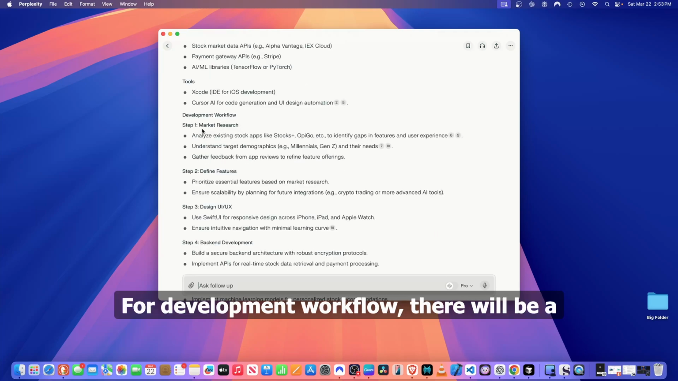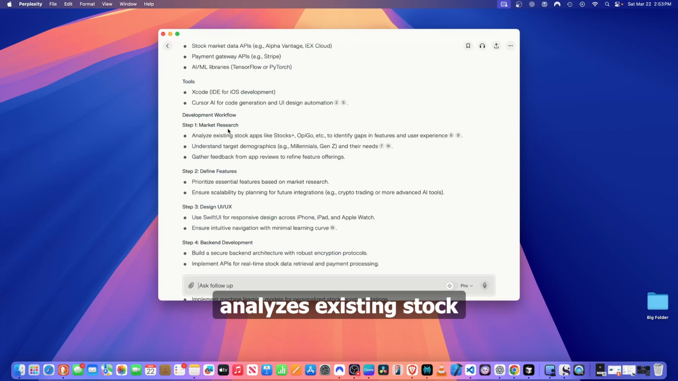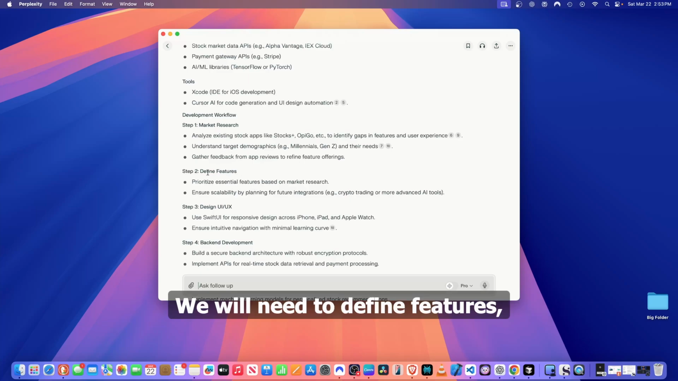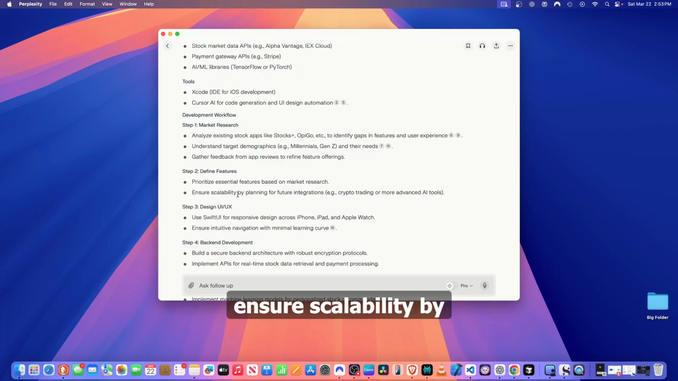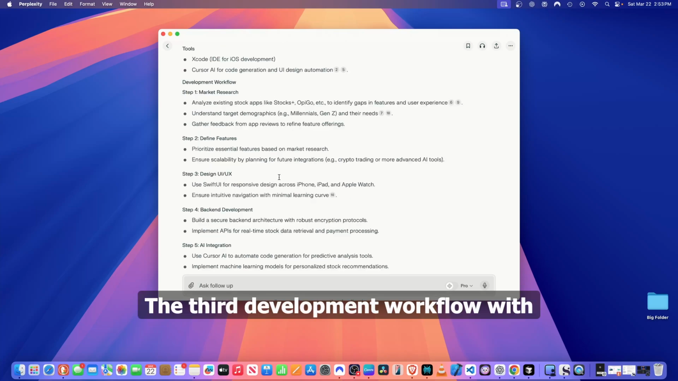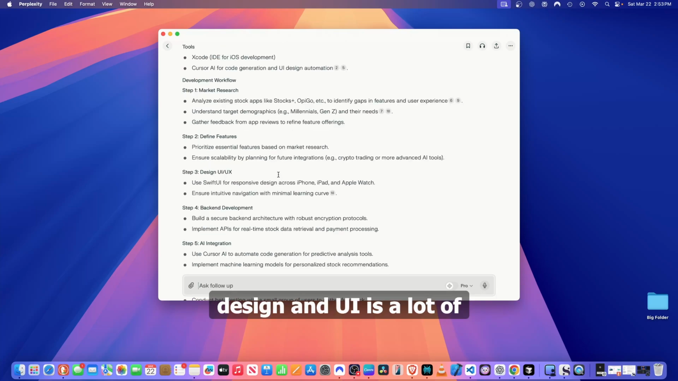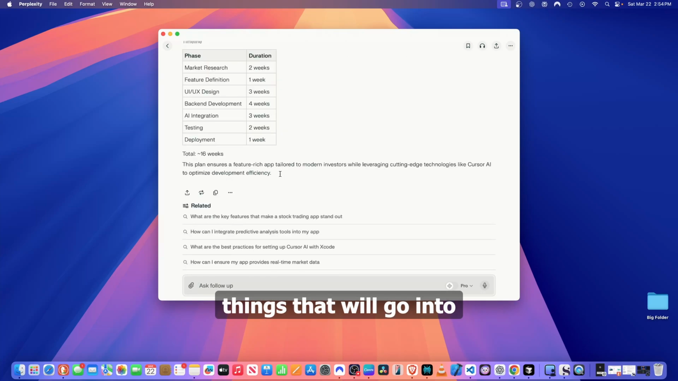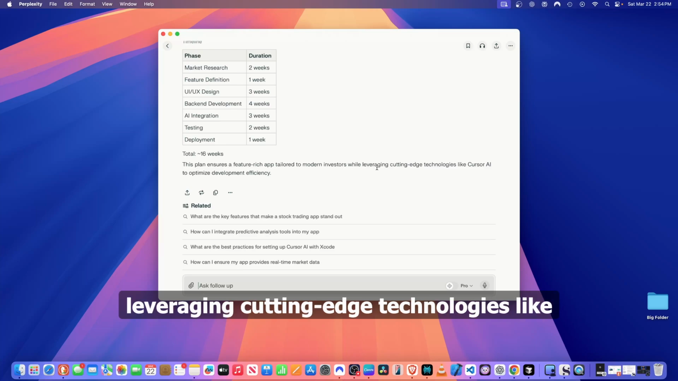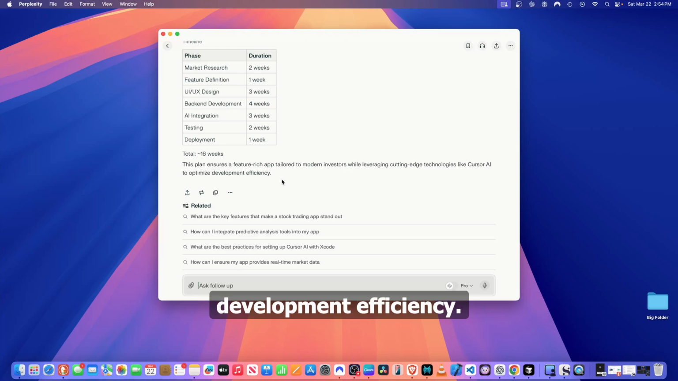For development workflow, there will be a market research that analyzes existing stock apps and gathers information and feedback. We will need to define features, prioritize essential features based on market research, and ensure scalability by planning for feature integrations. The third development workflow will be design and UI. It's a lot of things that will go into this app. This plan ensures a feature-rich app tailored to modern investors while leveraging cutting-edge technologies like Cursor AI to optimize development